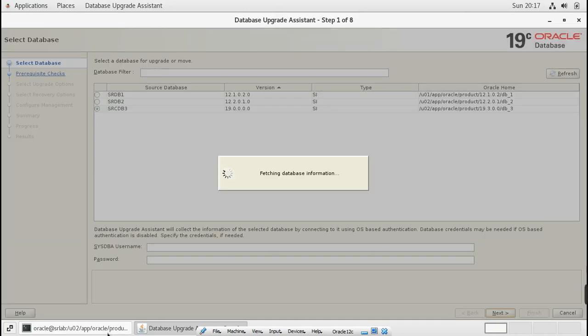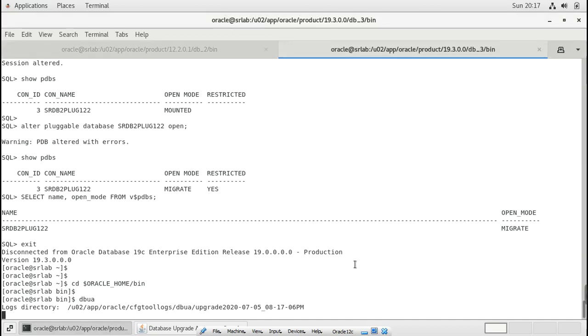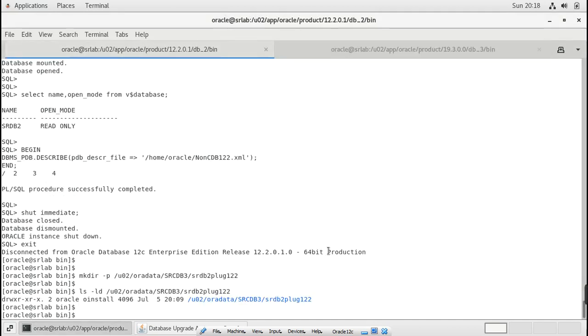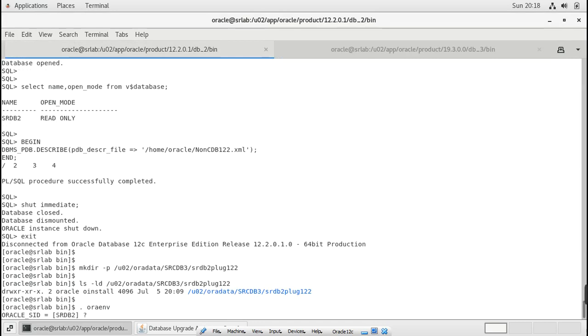Before that, we need to create a restore point for the container database srcdb3, in case anything goes wrong.